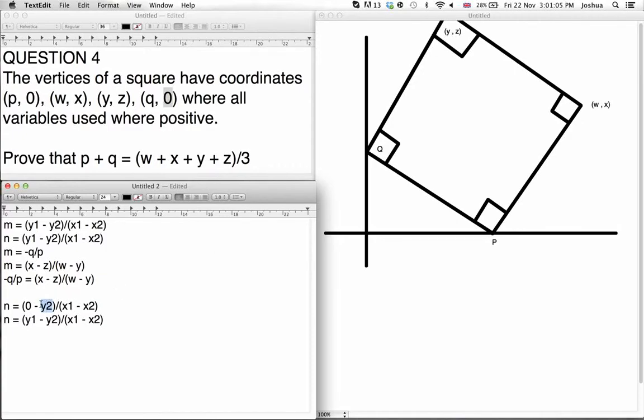I think it is 0 minus the z. Please tell me I haven't got this wrong. Oh, wrong. 0 minus z. And it's going to be q minus y. And that should work out, guys, because as you can see,